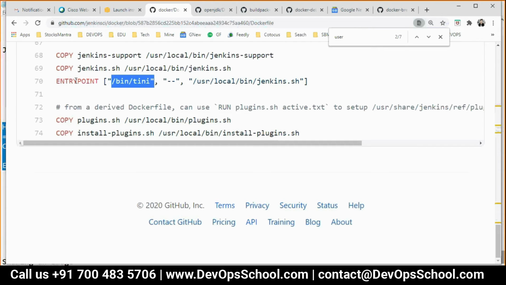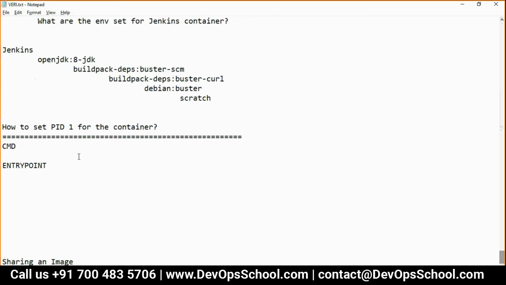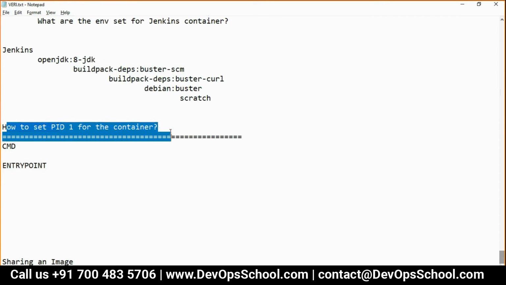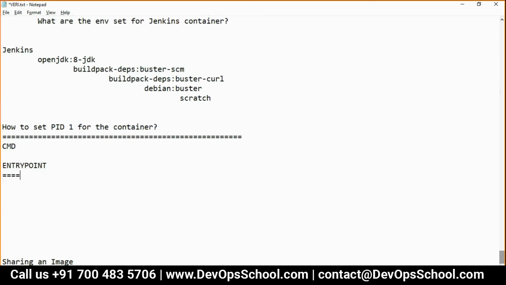So like this, ENTRYPOINT. So one thing we got clarity on: how to set PID 1 for the container. But I still have not got clarity on which one to use. That is the problem. Which one to use, and when to use it? Now we will understand that.